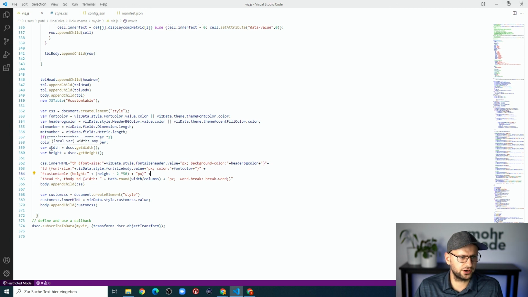We have some new variables for width and for height with the dscc library calls, and we have a method to get the number of columns in the table to even everything out. So there's the dimension number, which is the length of my dimension array. There's the matrix number, which is the length of the matrix array. And if we have comparison, we calculate the matrix number by 2 to get all the metrics and the comparison metrics. At the end, we add this up, the dimensions plus the matrix equals our columns. So we use this in CSS